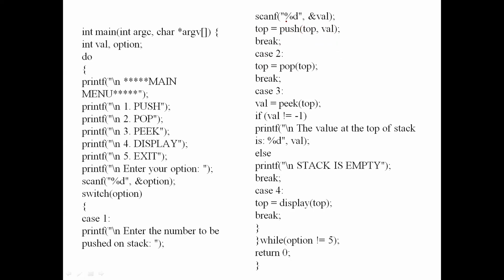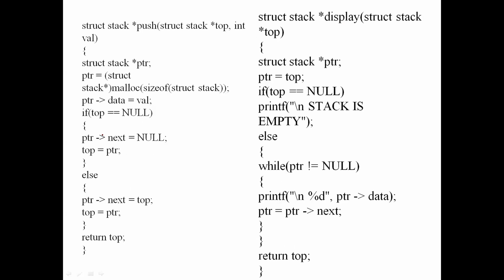Once this is called, what happens? The push function is invoked. So where is the push function written? Here only. Yes, here. So this is the push function, taking two arguments. This is a function definition you know very well. I don't want to explain all the same things here.